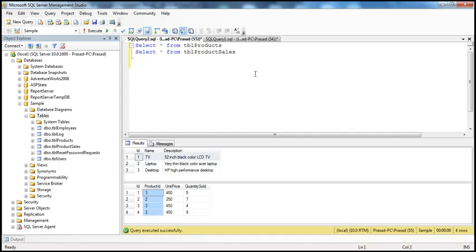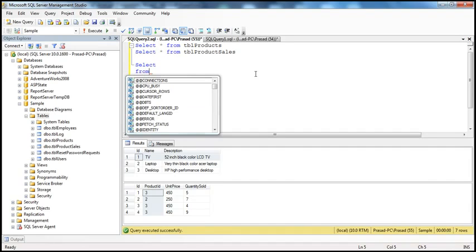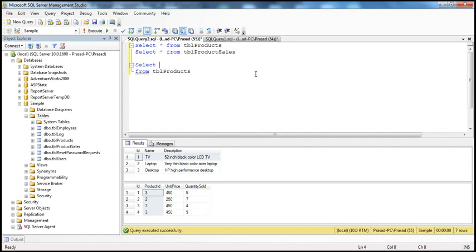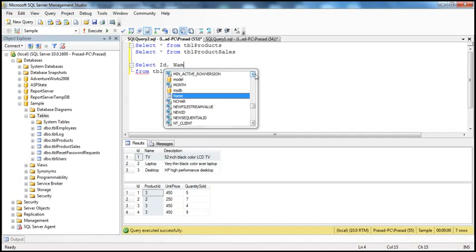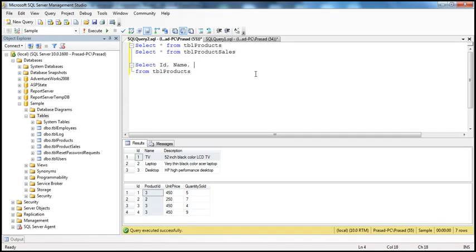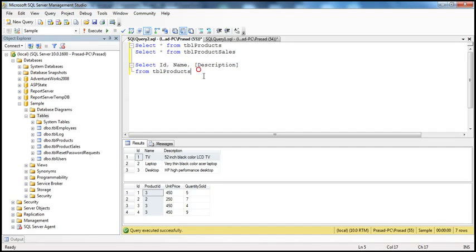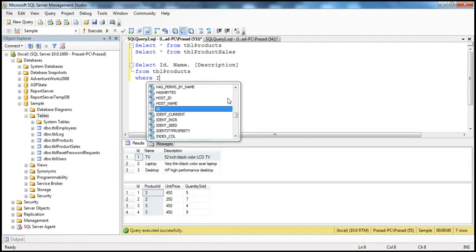But how do we put that in a query? So first let's write the select. What are the columns we want? We want ID, name and description, but I'm going to do that later. First I'm going to specify the from clause, TBL products, and then I'll specify the columns in the select list because I'll get IntelliSense if I specify the from clause. And we want these 3 columns, ID, name and description. Look at description, it appears as a keyword, so I'm going to enclose that within square brackets. Okay, so we want these 3 columns where the ID